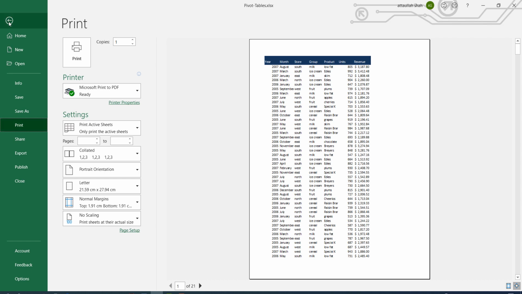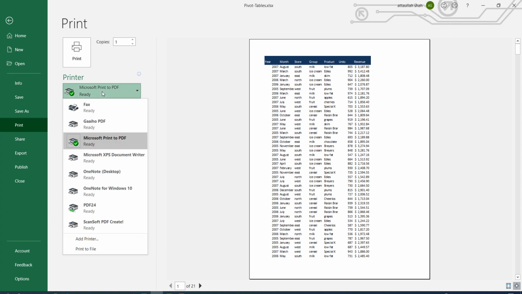For our exercises, we don't have a printer, so what I'll be doing is to print all the data to a file. By default, the printer selected here is Microsoft Print to PDF, but to print to a file you can also select some other file writing software. But if you have a physical printer connected to your computer, you can also select your printer from here. Okay, so this is how our data will be printed.